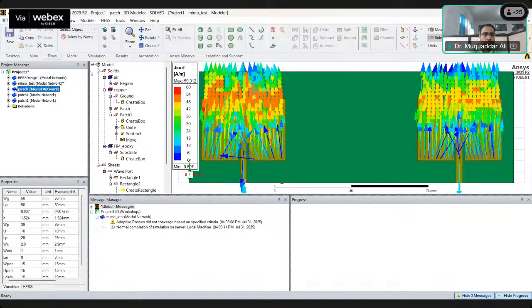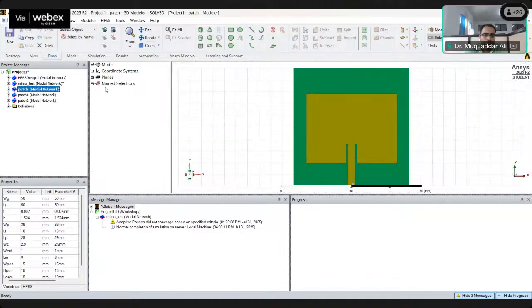So yesterday we left off with MIMO antenna, and today we are going to start with the same. But today I have changed the shape a little bit. So let me reset this to the previous design. So we have this base design antenna in which we have a simple microstrip patch antenna, and we designed this